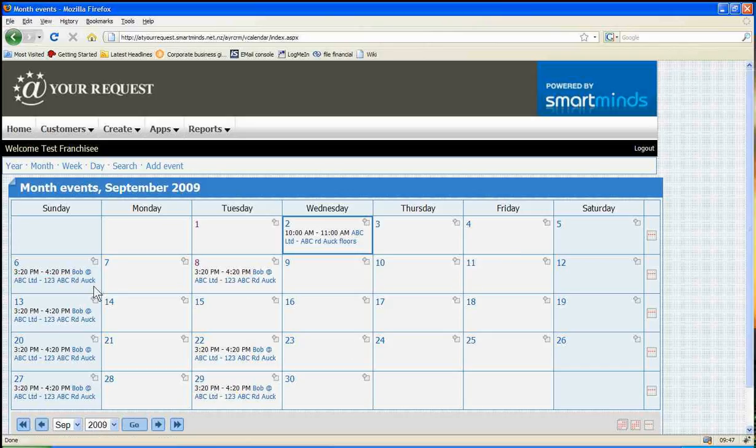So once again, this is a short tutorial on how to use the calendaring system. If you've got any issues, contact me at crm@yourrequest.co.nz,